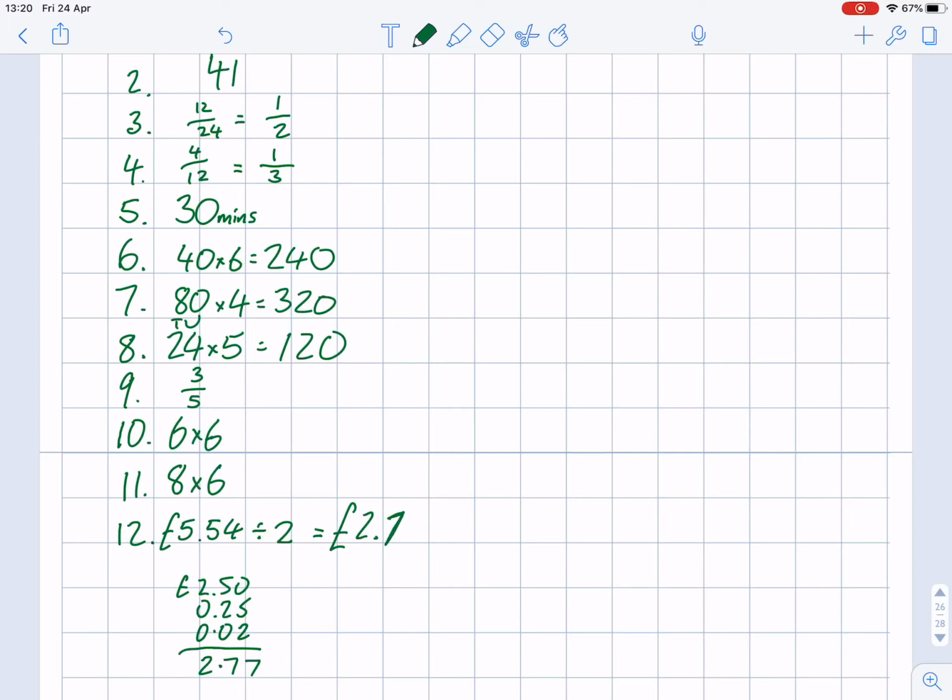Some of those were quite tricky, all right? So I would say anything 9 and above is a really good score. So 9, 10, 11 or 12 out of 12 is a really good score. So well done for having a go at your